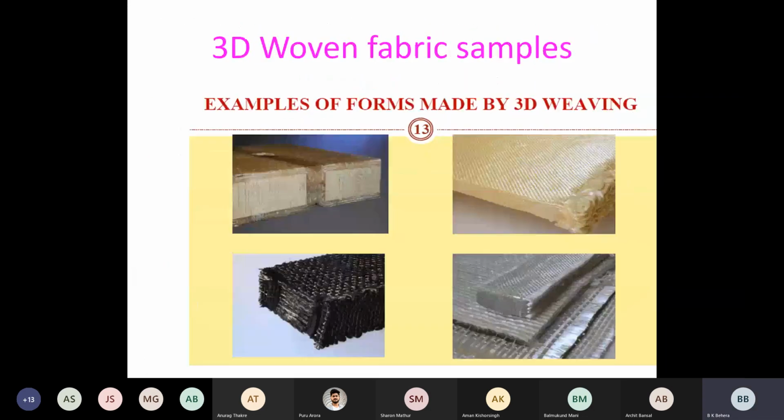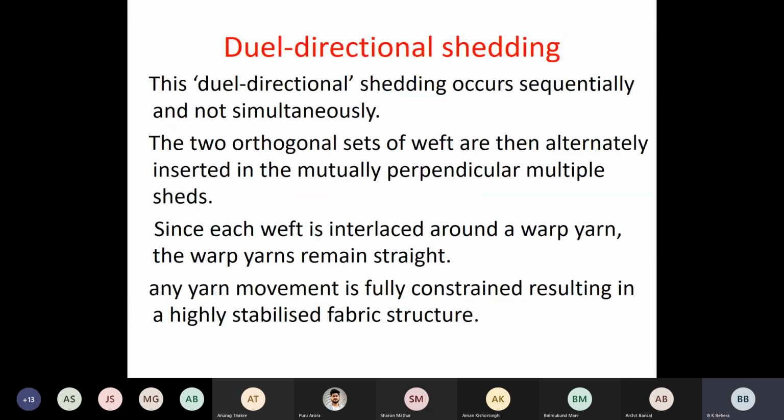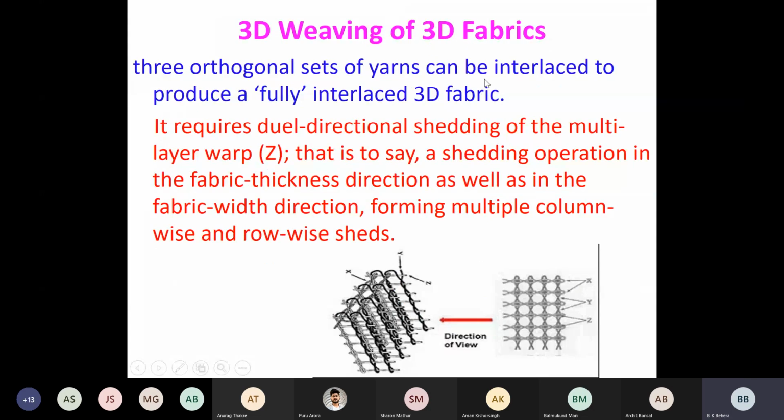Contrary to this, in case of what we are now discussing, 3D fabrics on 3D weaving, you will find it is a weaving of 2 weft, 1 warp. Remember, it is a weaving of 2 weft, 1 warp. It's a 3D fabric, it's a 3D weaving. In 3D weaving, we need at least 3 yarns because we want to keep 1 yarn in thickness direction, that is Z plane. In conventional woven 2D fabric, we have 2 yarns, X and Y, warp and weft. But here we need a 3rd yarn.